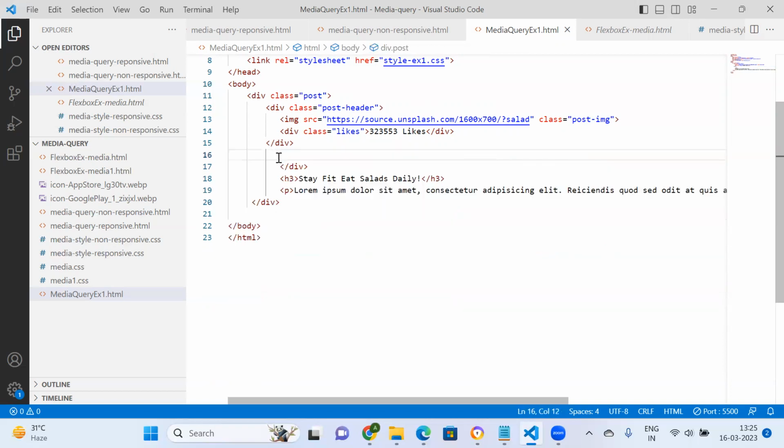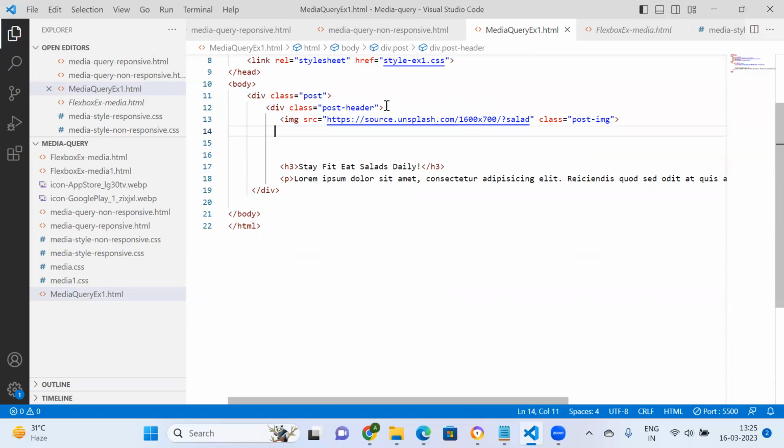I'll do this one. There's a heading, there's a description. I want to keep it simple. So there's an image, there's a heading, there is a paragraph, and we want this one post